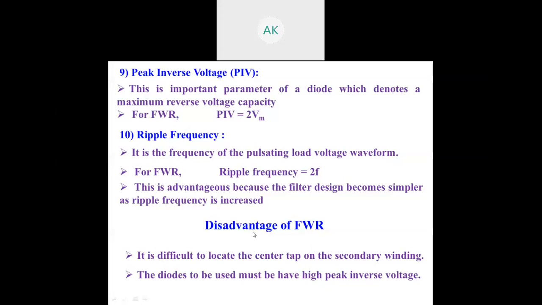If you go for the half wave rectifier, we have the DC saturation problem. To solve the DC saturation problem, we went for the full wave rectifier. If we use the full wave rectifier, again there is a difficulty in locating the center tap point. If it is difficult to locate, then the upper half and the lower half of the transformer secondary voltages may or may not be the same. This is the problem. Now how do we overcome this problem? For that purpose, we need to go for the bridge rectifier.